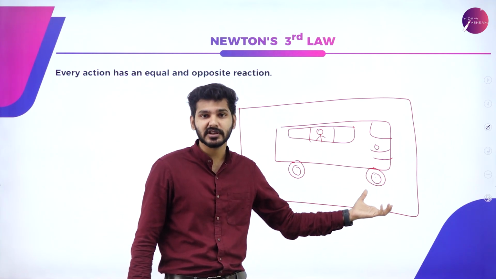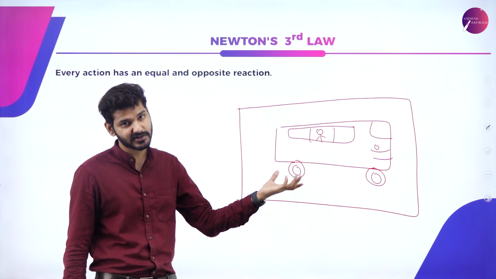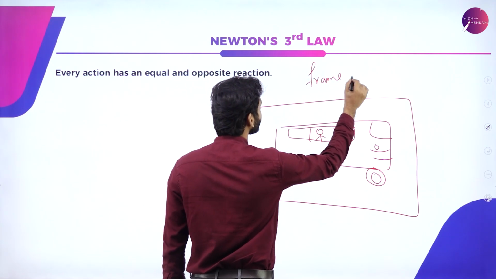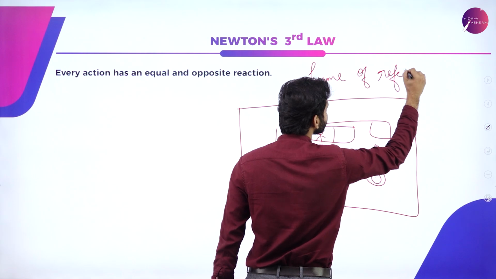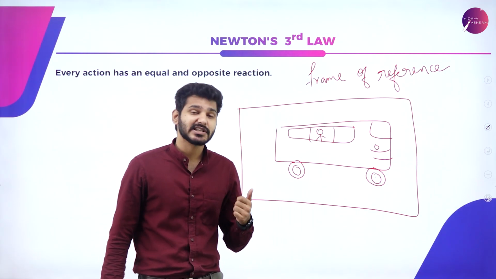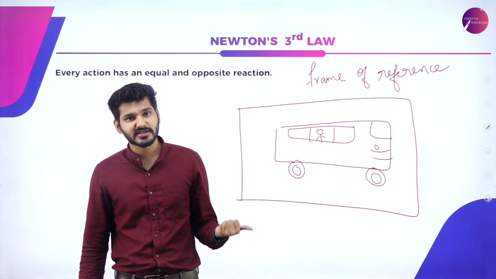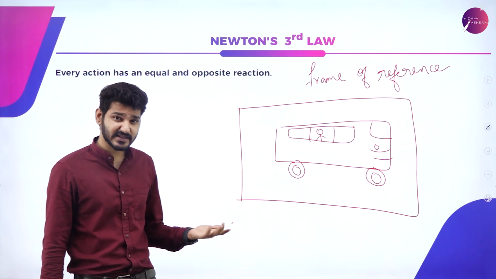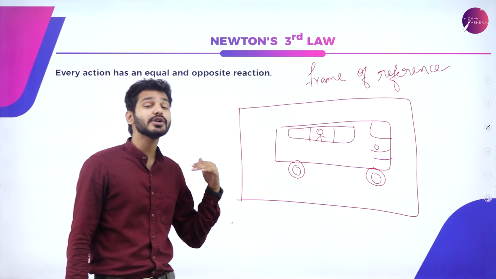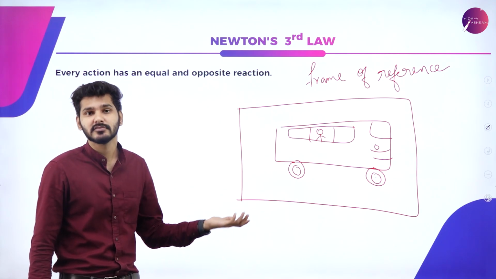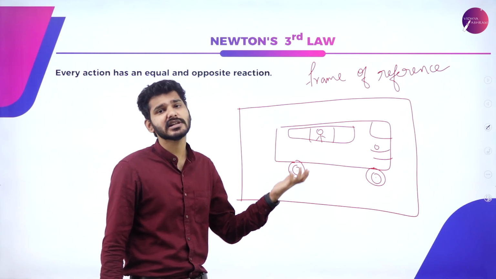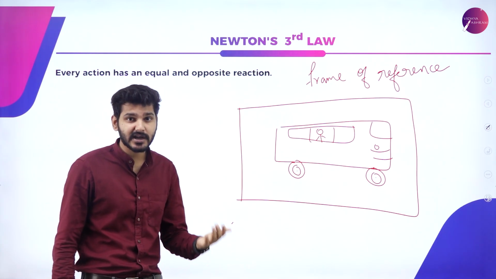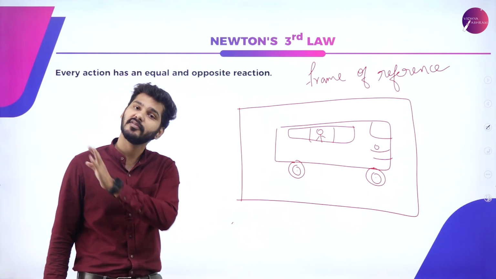For that, something we use is known as frame of reference, and this is known as a frame of reference. There are actually two frames of reference. One is generally known as inertial frame of references, and the other one is known as non-inertial frame of references. Or simply we can say that the frame of reference under which Newtonian laws are obeyed is known as Newtonian frame of reference, or simply inertial frame of reference. And the frame of reference in which Newton's laws are not obeyed is generally known as non-Newtonian frame of reference.